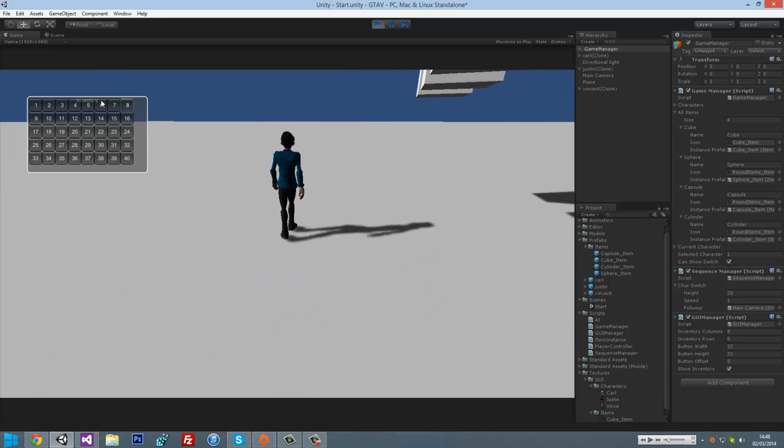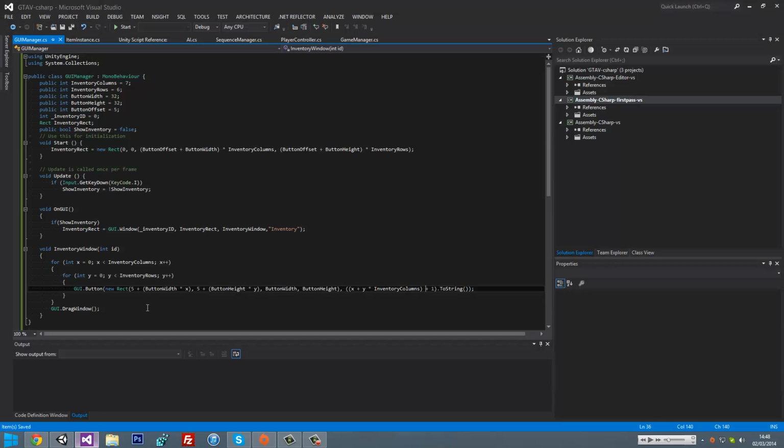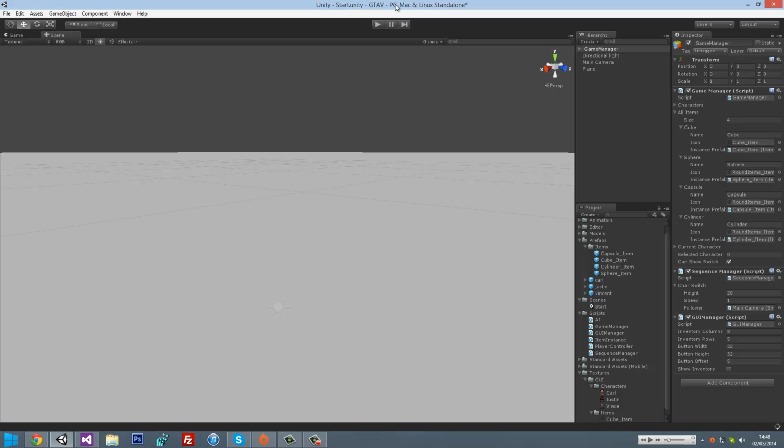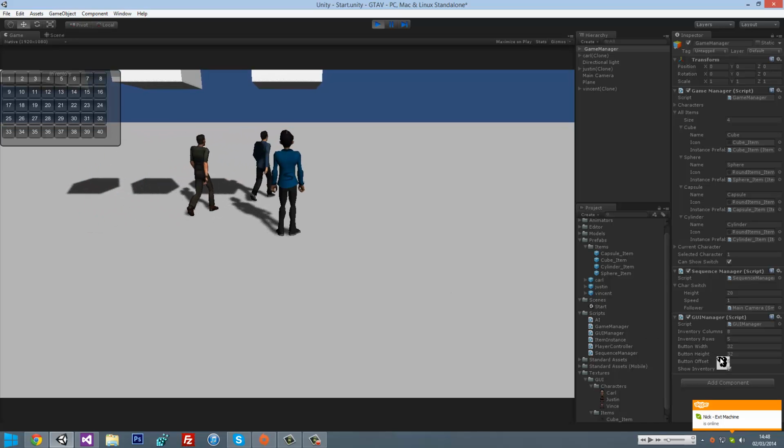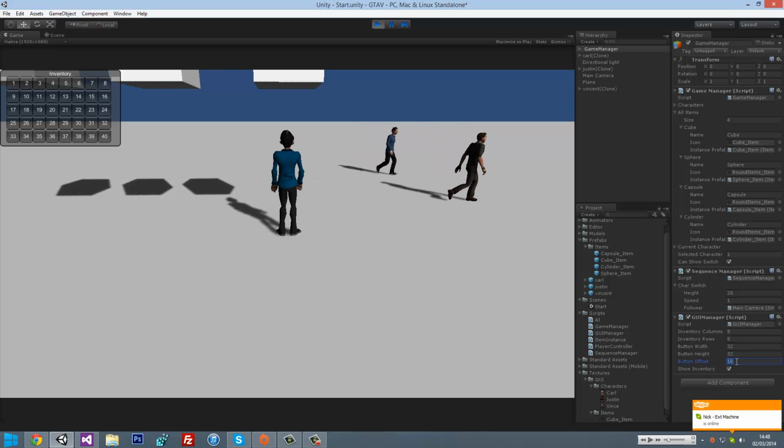Oh dear God. Right, so there's a funny offset problem. Funny that the offset has done nothing. Oh, you foolish boy. Right, where we have 5 plus button width times x, we need to go button offset. So basically where we do the 5 plus button width times x, button height times y, we need to do that. So now we can change the offset, and if we just set the offset to 16,